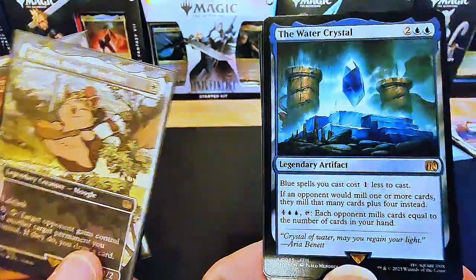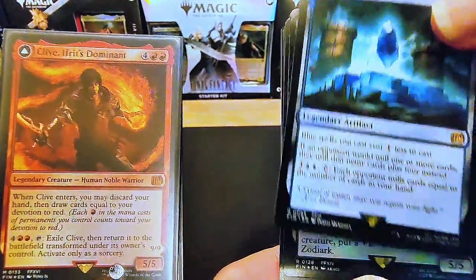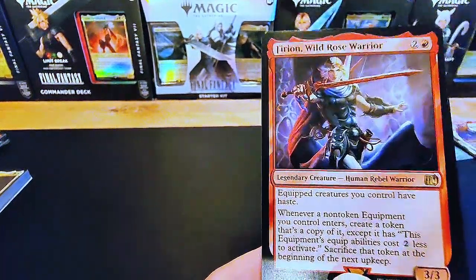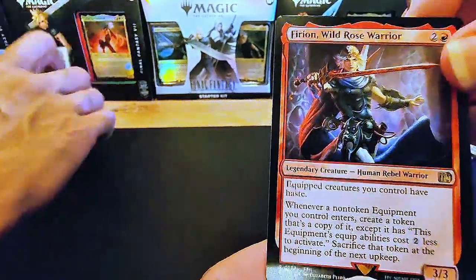All right, and like I said, if you look, I did pull quite a few of these crystals. I want Clive so bad. I pulled him for the first pre-release event, and I didn't get a chance to